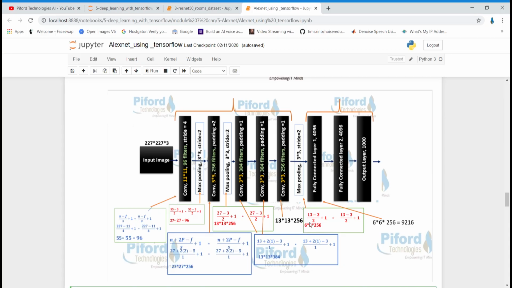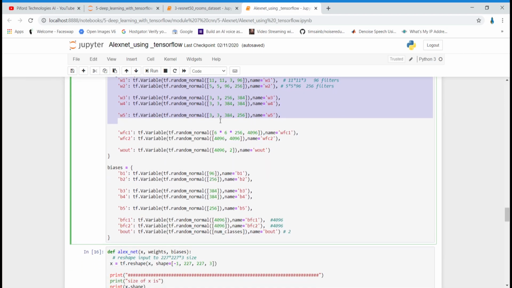At that time, we need to convert this two-dimensional image into a one-dimensional array. How can we do that? We just need to multiply it. 6 into 6 into 256 is 9216 pixels, right? So we are converting this two-dimensional image to a one-dimensional vector, and then passing that value to the